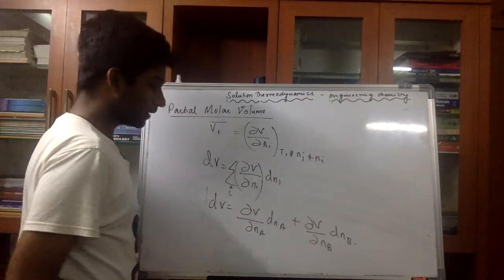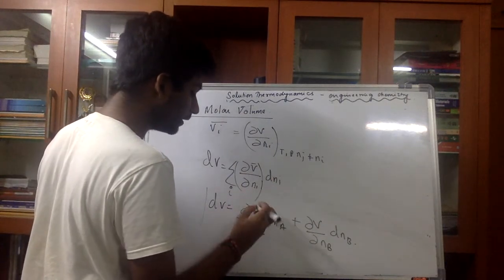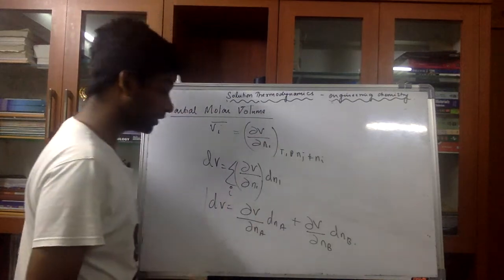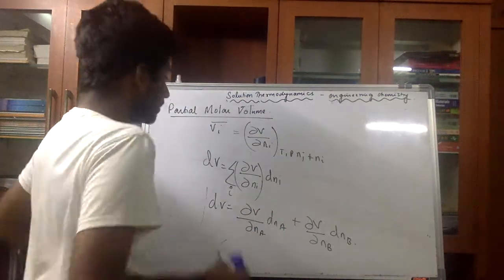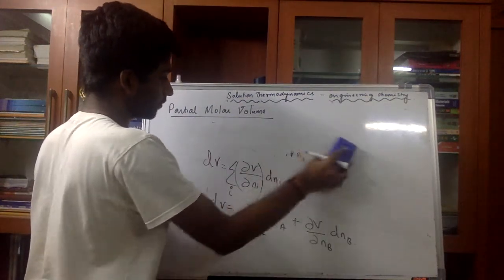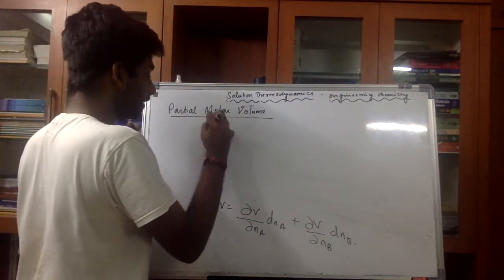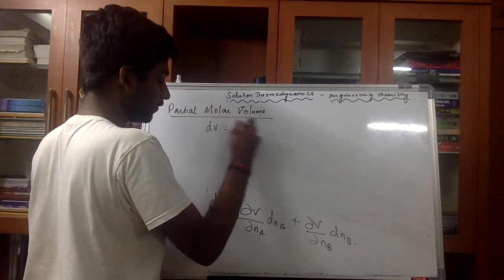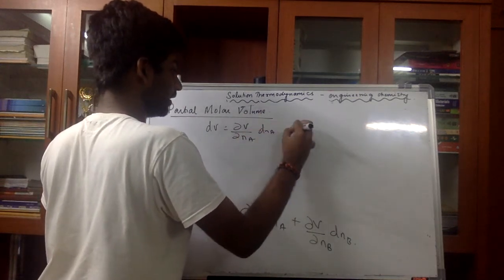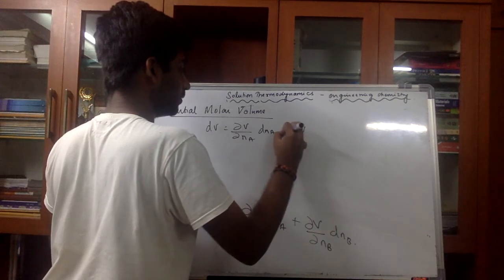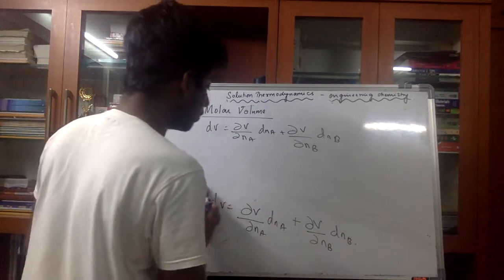Okay. So here this V, I think you have to put the bar. I'm sorry, you don't have to put the bar, because in the end this dou V by dou Na will become the bar component. Okay. So let me write the same thing again and then make the point clearer. I must have not told it clearly. dV is equal to dou V by dou Na dNa, and then dou V by dou Nb dNb.